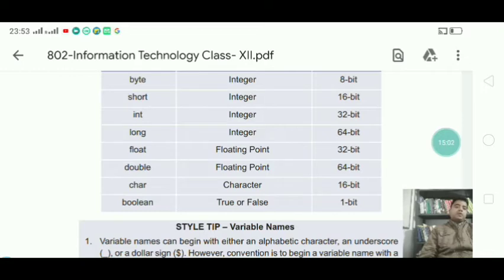You have to enclose the character within single quotes. And the last one under primitive data type is boolean. It needs only 1 bit of memory, since it stores only true or false value.